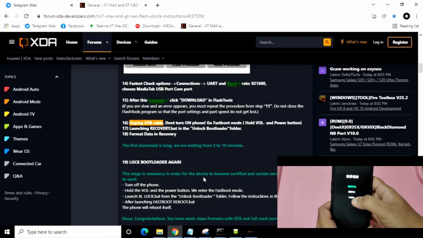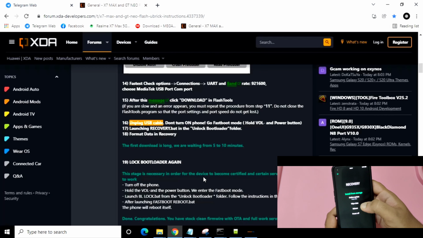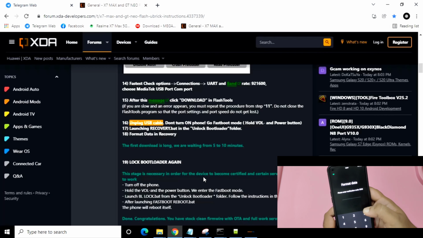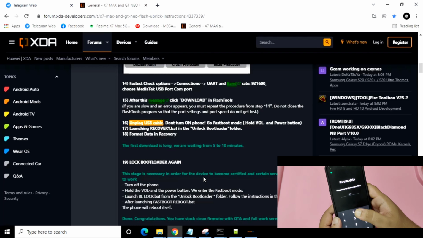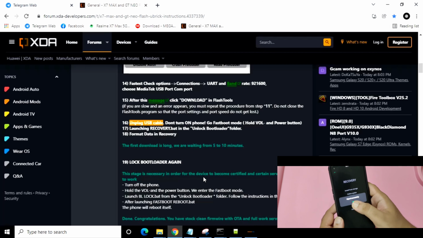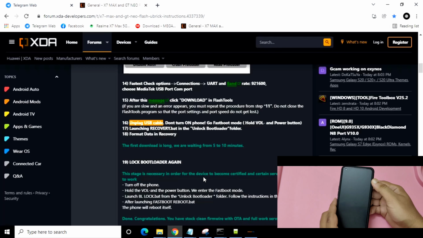Friends, as you can see, this is the recovery, and it is in English. We just need to wipe data, format data. It is wiped.